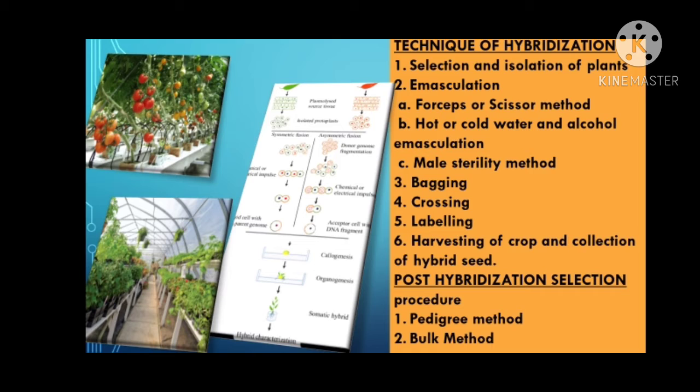Bulk method. This system of breeding differs from the pedigree method. In this case, the F3 generation plants are not maintained separately but are bulked together to form a single F3 population. In F3, that is the third filial, again the suitable plants are selected, collected and bulked together. This bulking is done up to the sixth generation, and in F6 the desired individuals are selected and harvested separately. The progeny of each plant is kept separate and carried out under comparative trials. The best performers are released as new varieties.